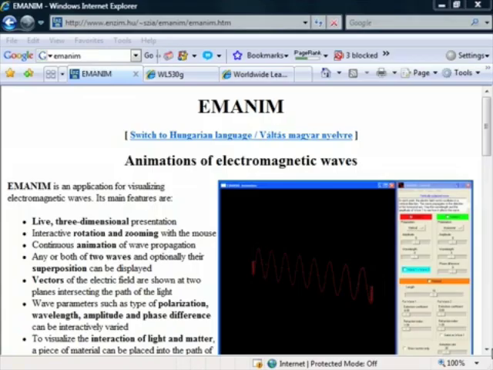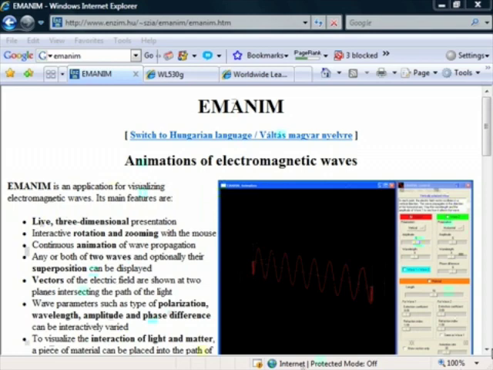Alright, so this demonstration is going to focus on a tool called Imanim, or perhaps it's pronounced slightly differently in Hungarian, for those of you that do speak Hungarian. Not even sure if that actually is a translation directly to Hungarian. Nevertheless, this is a free tool that gives us the live three-dimensional presentation, interaction, rotation, and zoom in with the